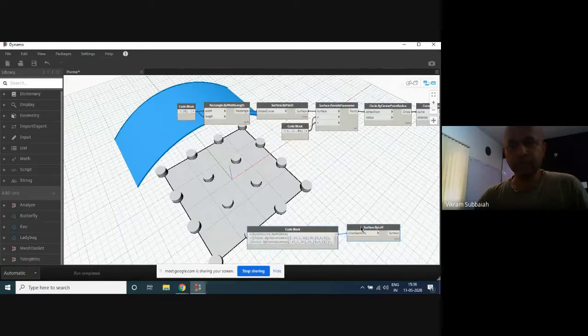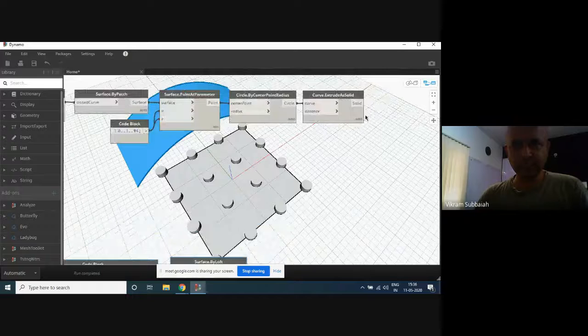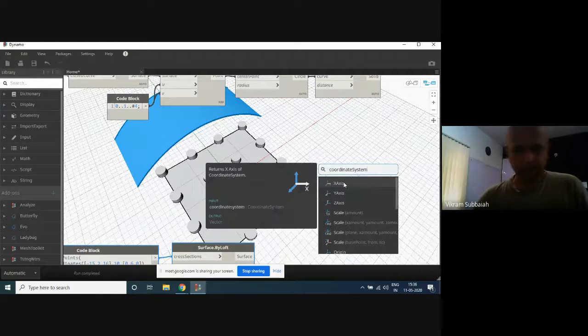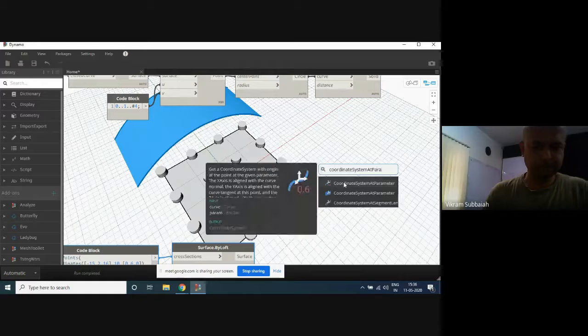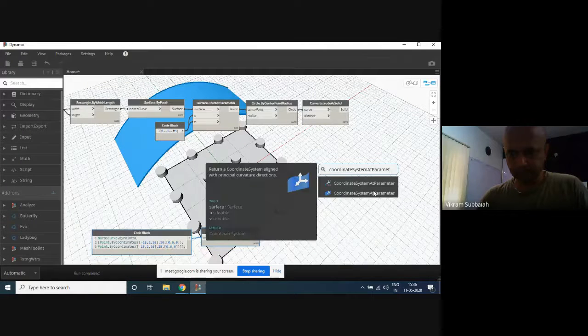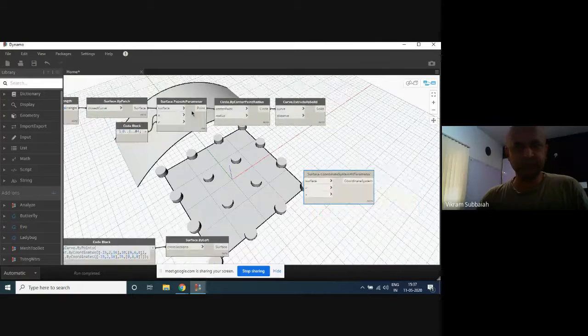Now let's get the coordinate systems of each of these. So let's say coordinate system at parameter, of this surface, first this surface that we created.